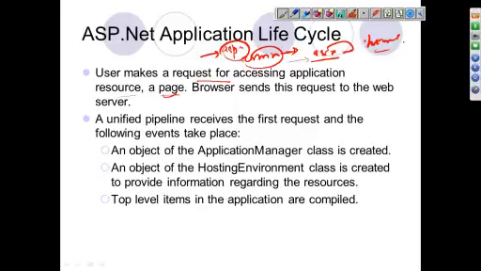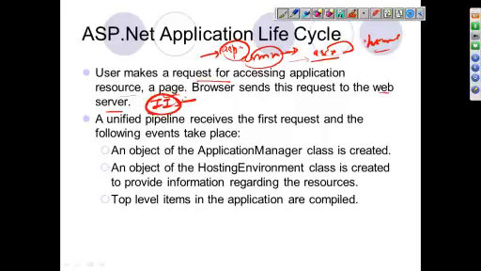Whenever a user makes a request for accessing the application, how will the user access it? Through page browsing, web form browsing. This request will be sent to the web server, which is IIS.